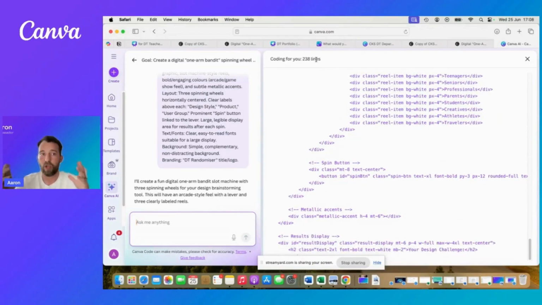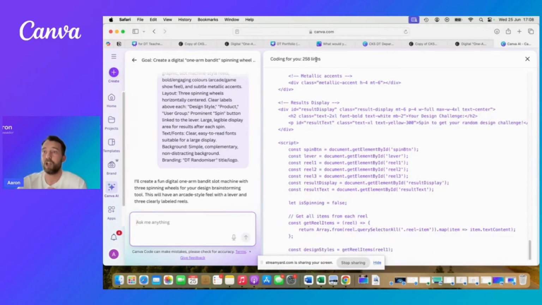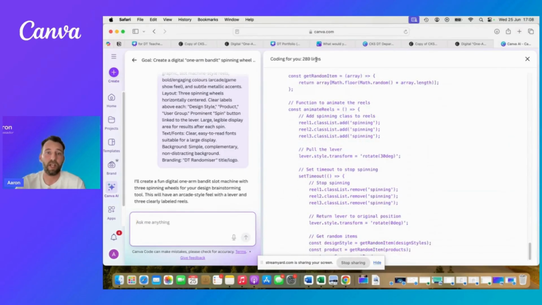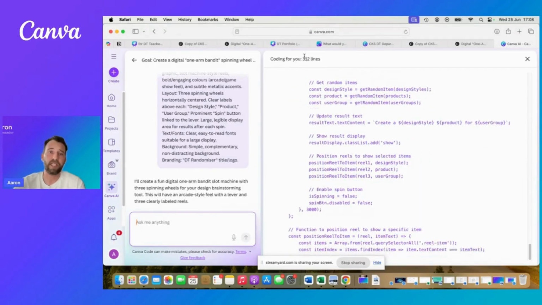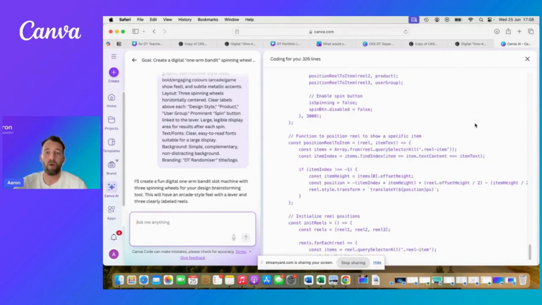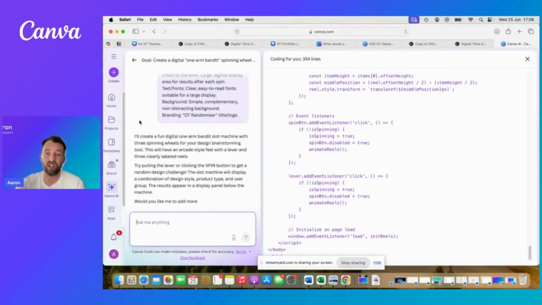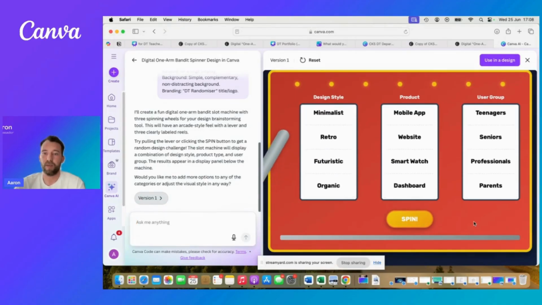If you can think of it, you literally just need to be able to expand on it and type it out, and Canva Code will then be able to do that for you. Essentially, it will provide you with it. So that's been running for a couple of minutes now, and that's already up to 300 odd lines. And when that's done, it will give me a preview of what it's made for me. And this is the beauty of it. I can then put that directly into a design. Now that design might be a PowerPoint, or I might want to put it into a website. So here again, it's given me a similar layout, but I can hit spin. I can check this out, make sure it's of a similar